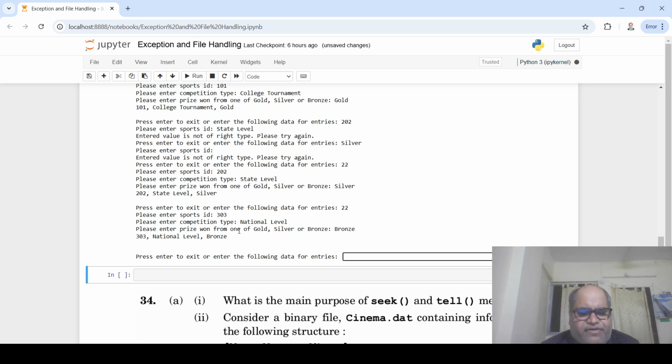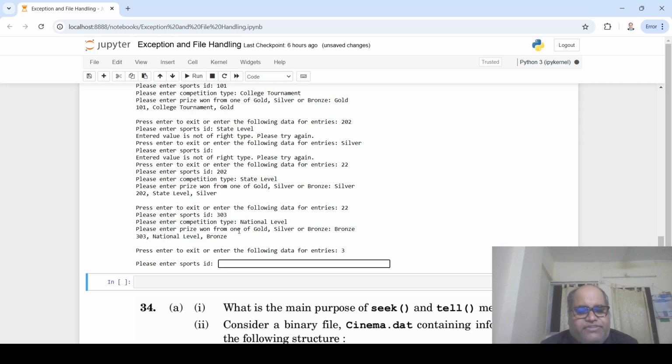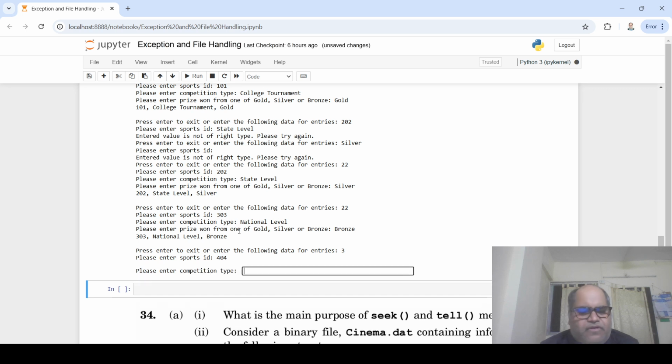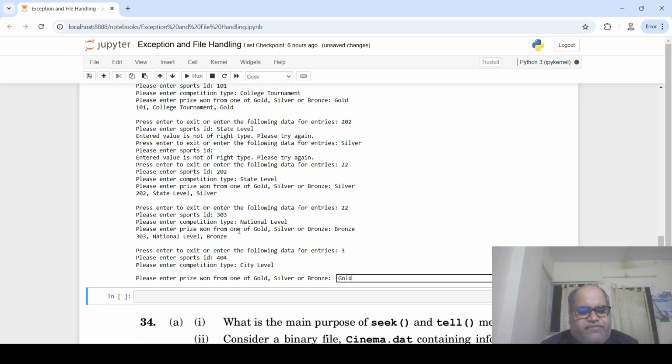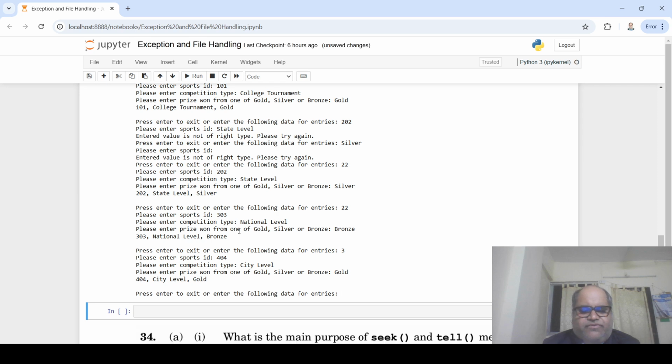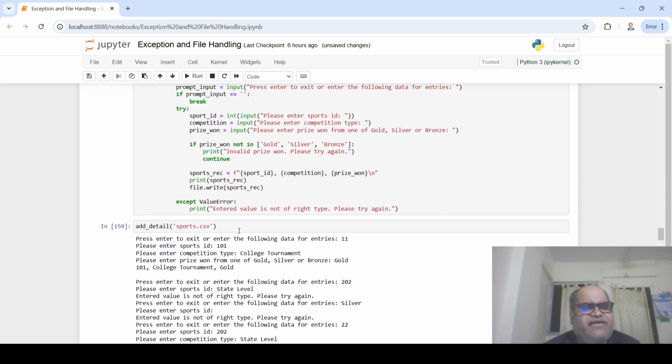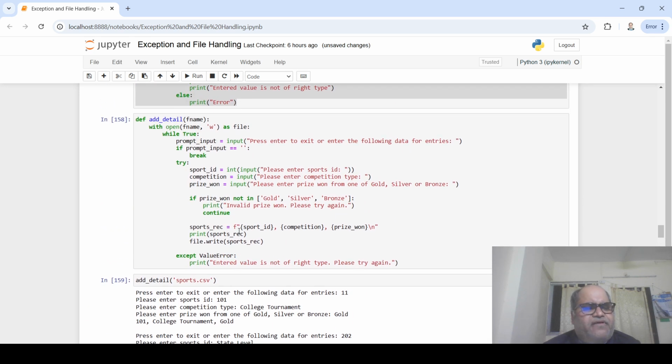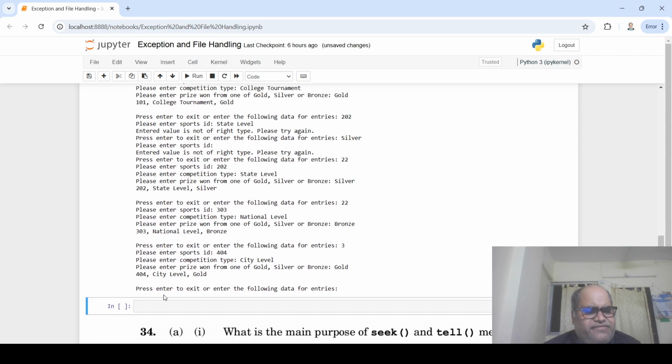Maybe let us add one more, city level, right? So 404, city level, and then say that we have got gold. So we'll exit it and we'll just check: with open sports.csv, right,